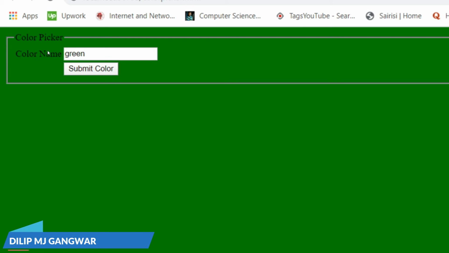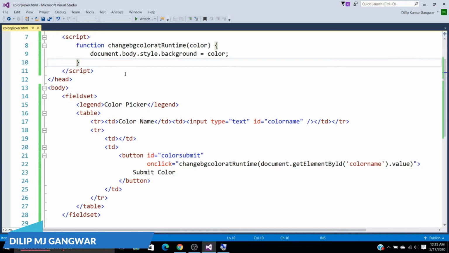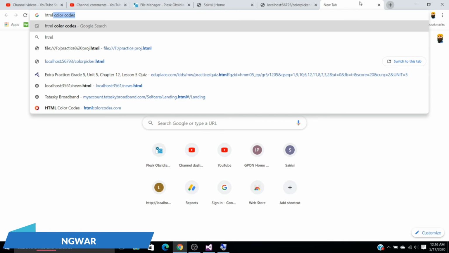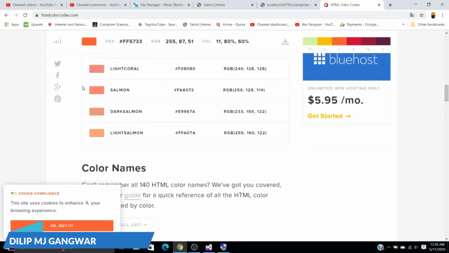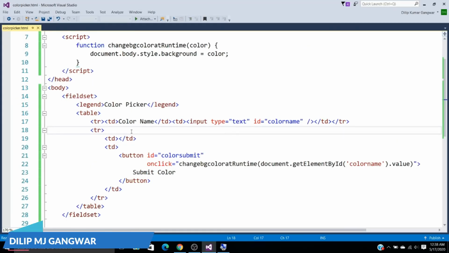Now I am increasing the efficiency of our code. How do we do it? If you write an HTML color code, it cannot be wrong. If you want to know the color codes of HTML, there is a video in the CSS playlist that is very useful to you. If a user has a color code and wants that specific color, it is not possible that the code has a specific name. What you see, this is orange, and what is this, light one, light one, so you cannot name it. But the code is different for every color, every small difference of color. So I'm going to take the input of the color code also.